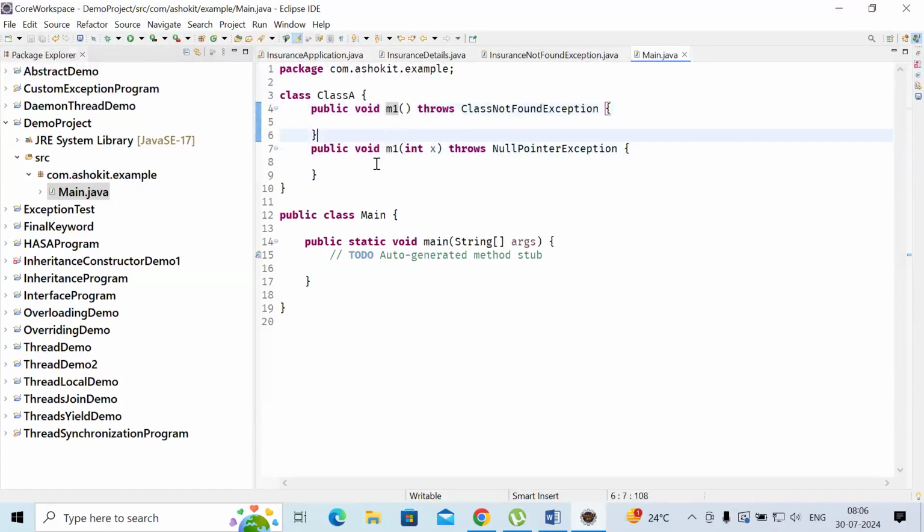And of course, we cannot do overriding in a single class. If you want to override a method, there must be a child class. So definitely it is method overloading. But here, what is it throwing? Class not found exception. What is it propagating here? Null pointer exception. Now tell me, is method overloading